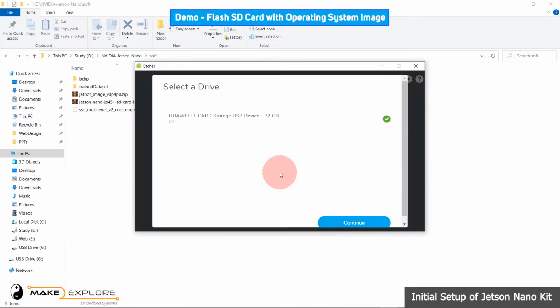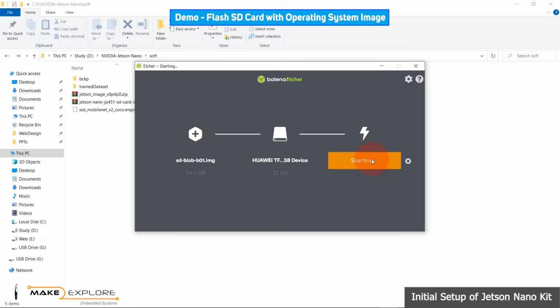Then again, select the correct drive. Make sure you have selected the micro SD card. Then press the Flash button. The flashing process will get started, and it will take some time. Wait until the process finishes successfully.